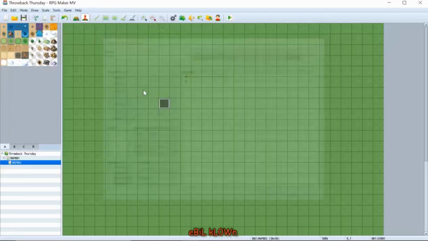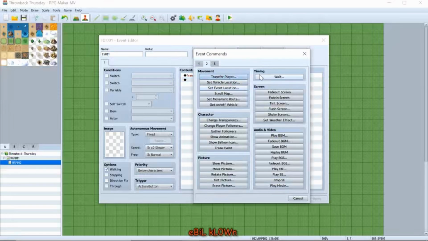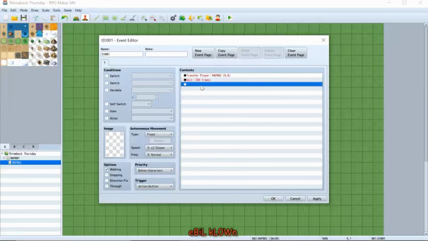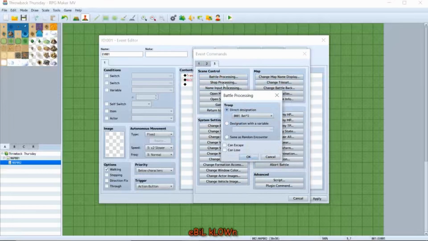Apply that, okay, and then when we get to this event, once it transfers a player, we can give it a wait for 60 frames, 1 second. Let's make it 5 seconds, and then after we waited 5 seconds, it's going to transfer us into a battle